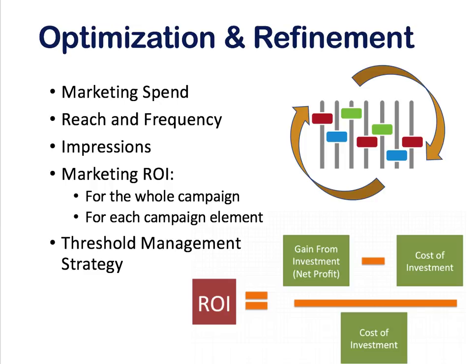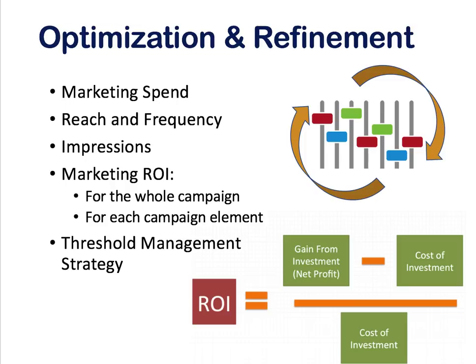Not waiting till the end when the one-year plan is over and we go, oh man, if we just had moved some money around in month 7 or 8, we could have gotten X number more impressions. No, move that money around now. Why wait? Otherwise, we're leaving things on the table where we could have gotten more awareness if we just would have moved some dollars. Why wait?